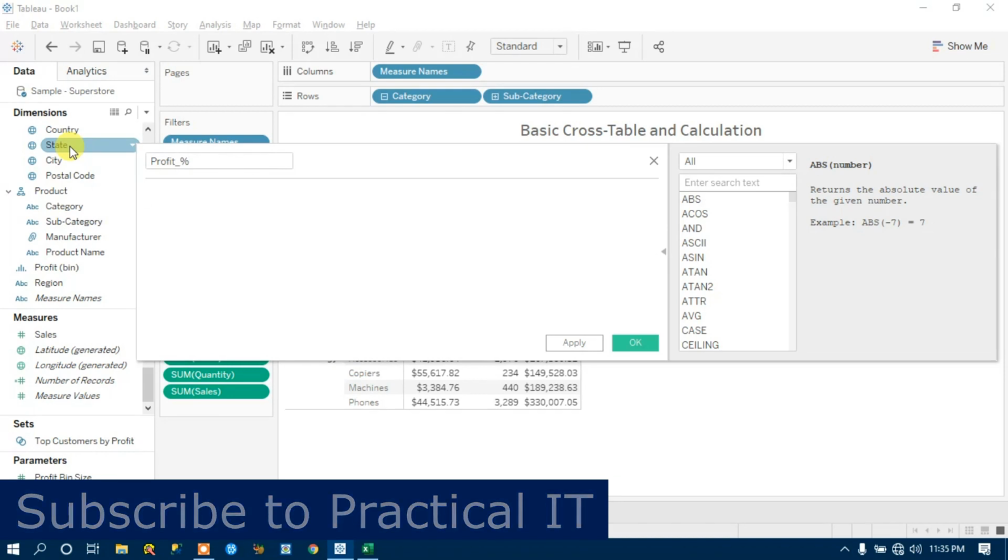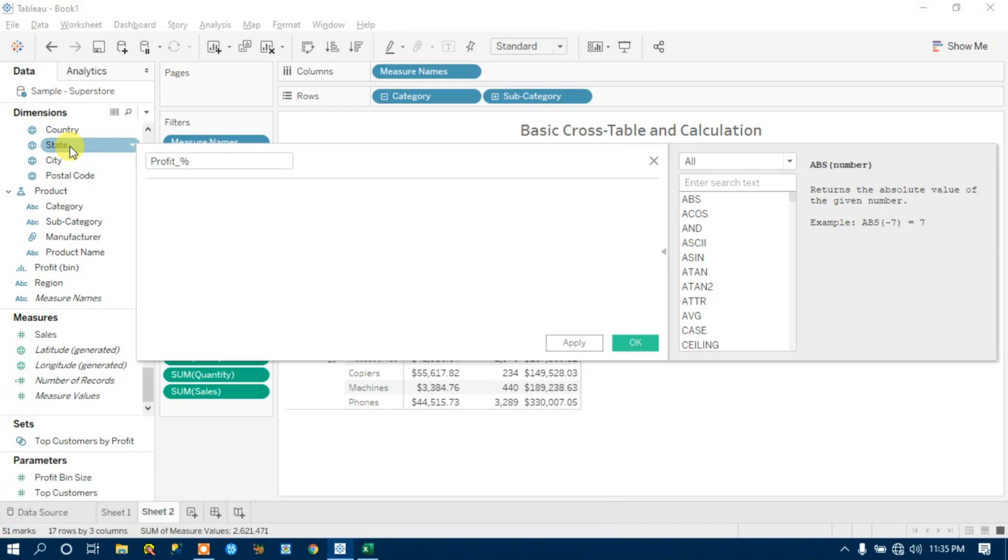The percentage is derived from profit divided by sales. This is the basic calculation of how we can create a percentage between profit and sales, right?